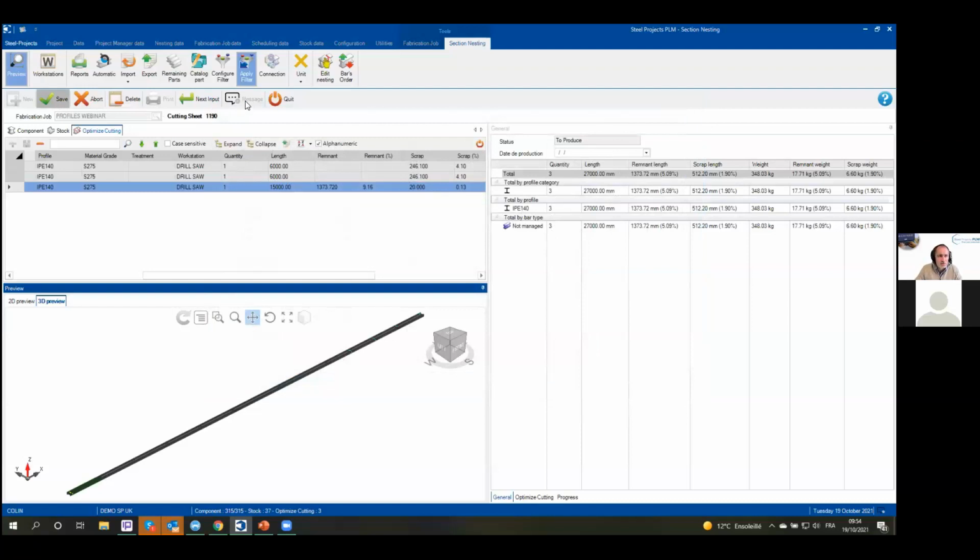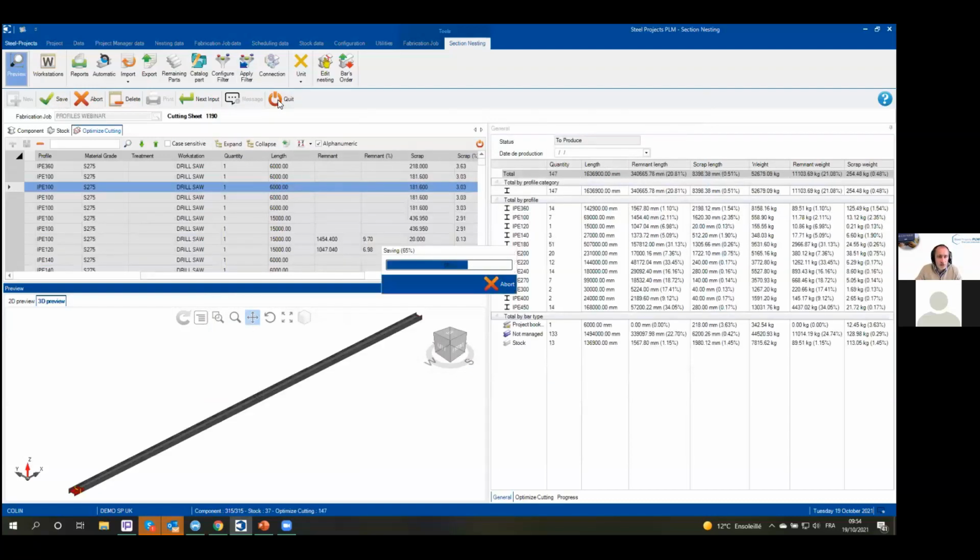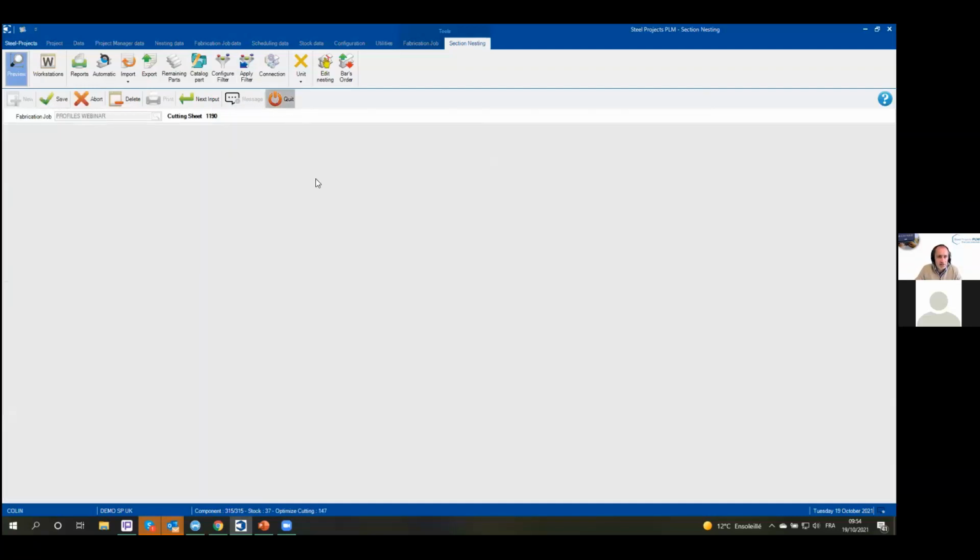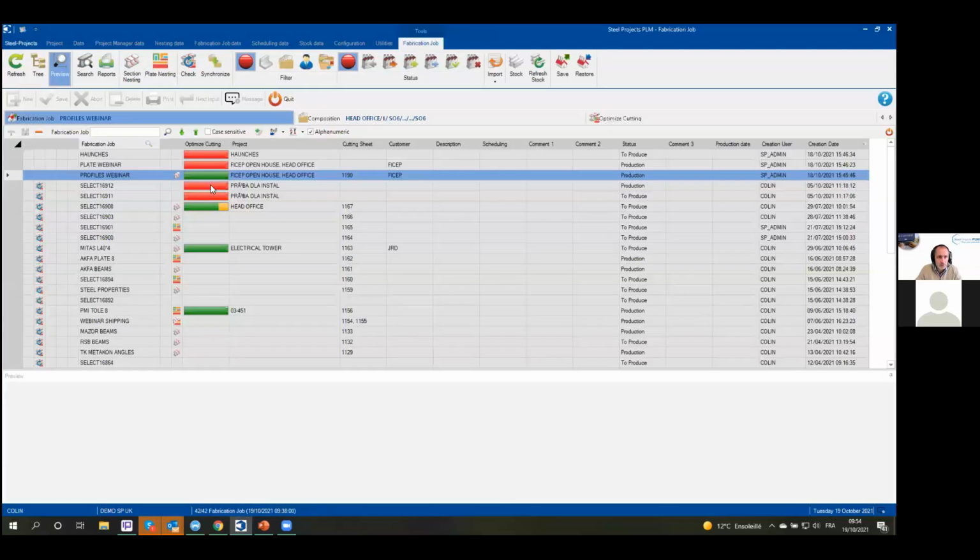Okay, so I will save. And now I'm ready to send in production. My nesting is done, so I'm coming back on my fabrication job. You can see here that it turns green. It was red before, it turns green because it nested. I just have to click right and send in production, okay? It's quite easy and